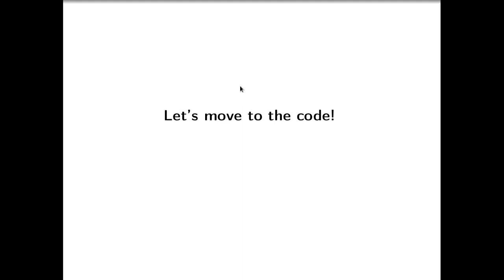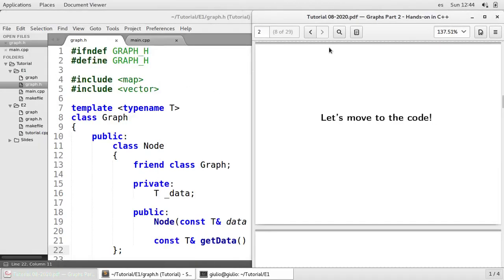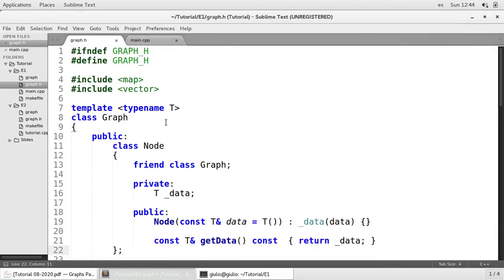Now, moving to the code. You can see that we have implemented most of the class graph. So I will just make some little adjustments with you, and we are going to explain it now. You see that we included the libraries of the STL for manipulating the vector data structure and the map data structure provided by